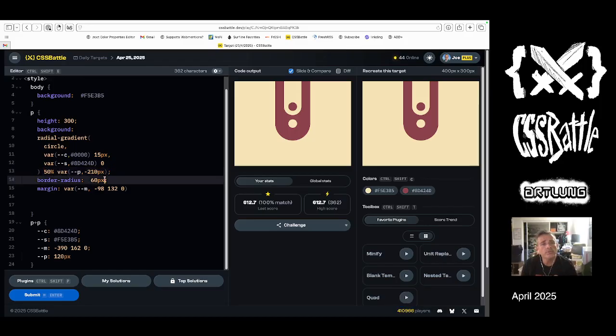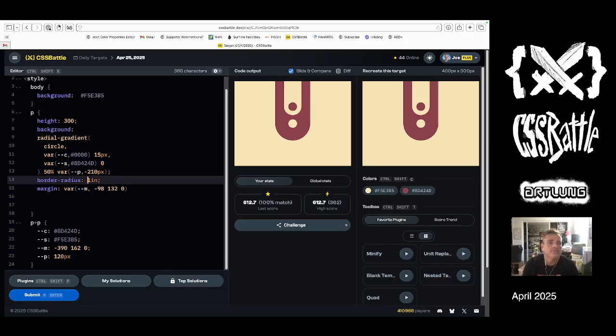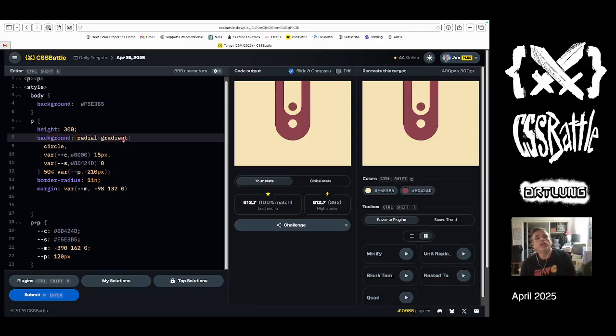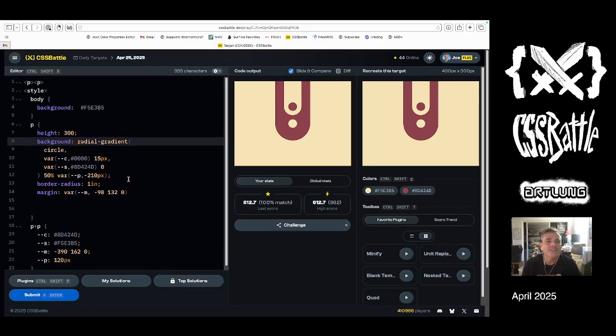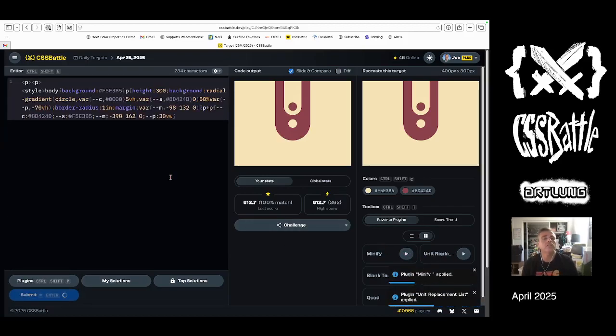Other things we could tune. We could set that to 1 inch. That's fun. A little shorter code. Kind of a silly one. And the best players make all kinds of incredible optimizations that I'm not going to make here for you or for me, because I really appreciate learning to manipulate the heights and the margins, deciding on a background that new variations could be made of. I really love that. So minify and unit replace, and that's a good solution for today here on April 25,